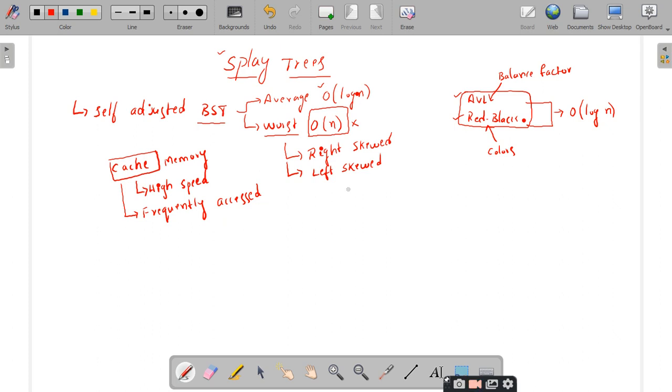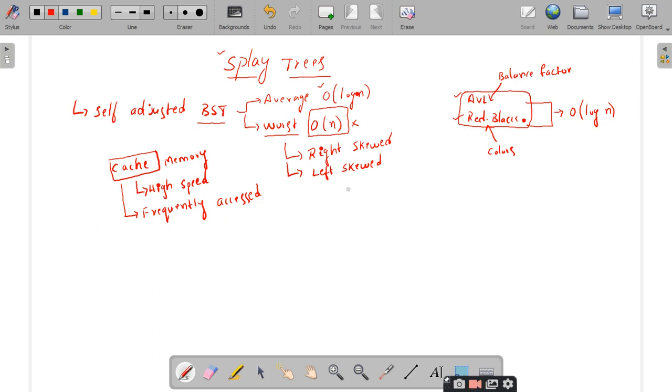So there are some special practical scenarios where you have to access a particular element most frequently. In such cases, implementing such data records with the help of splay trees will be very beneficial. I will tell you the reason why. But at present, remember that even though we have the self-balancing binary search trees such as AVL and red black trees, we are again discussing the concept of splay trees. This is also a special binary search tree.